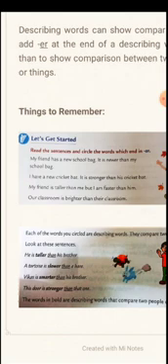So we have a list of sentences here, and in each sentence there is comparison. So let's see. My friend has a new school bag. Here we are not comparing anything. We are just saying my friend has a new school bag. But in the next sentence we are saying it is newer than my school bag.